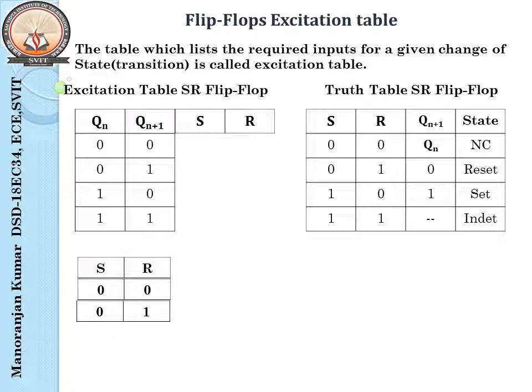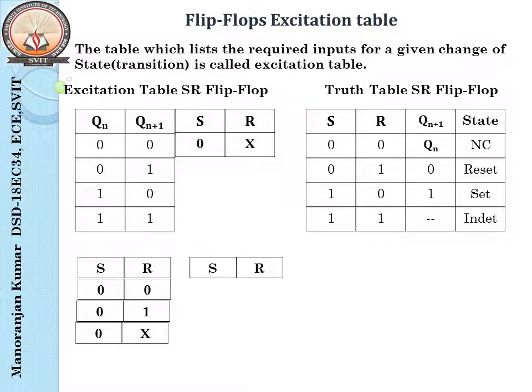So if I want to summarize this, S value is constant and R value is changing. So this can also be written as 0 and X. That means S is constant and X is your don't care condition, that means it can be either 0 or 1. So in simplified way, for this particular output 0 and 0, my input will be 0 and X. Okay, in the same manner I'll find the next value, that is